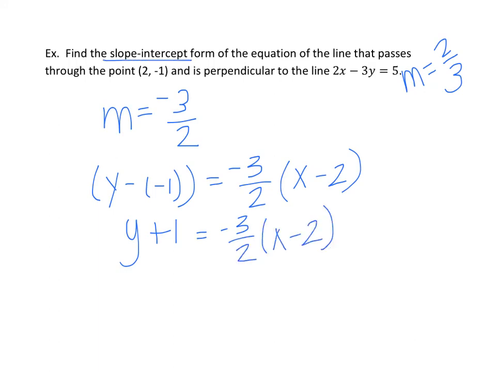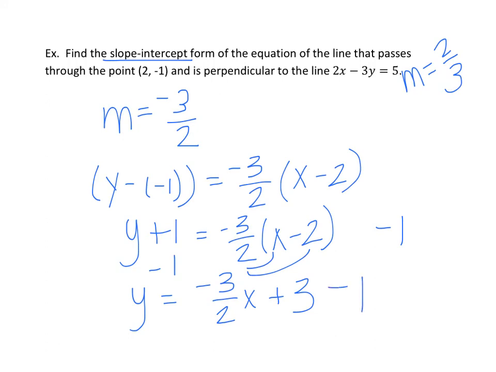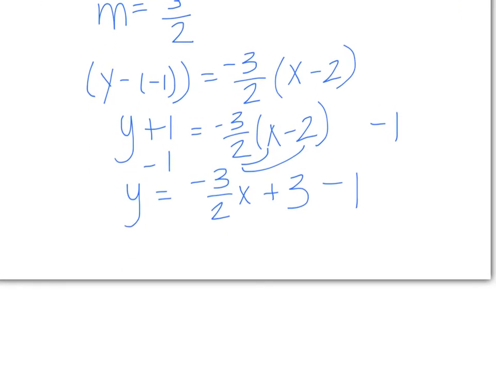Since the question is wanting me to put it into slope-intercept form, I've got to get y by itself, do some distributing, and simplify. y equals negative 3/2 x plus 3, I'm distributing, minus 1. So the final answer would be y equals negative 3/2 x plus